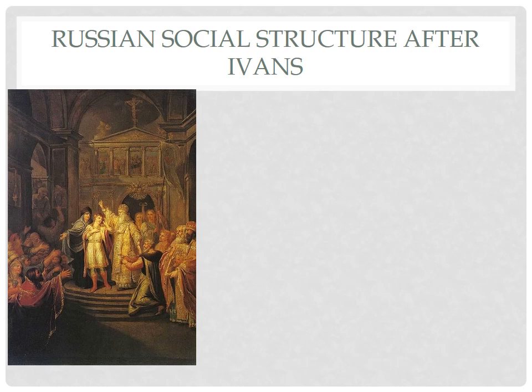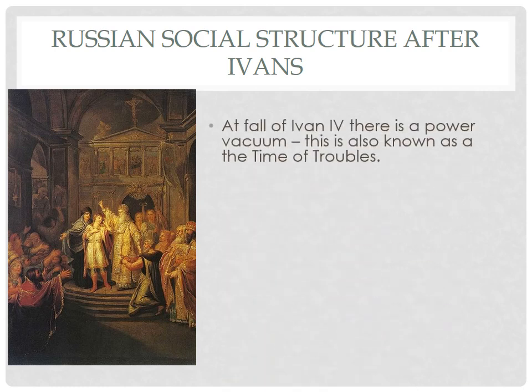So the social structure after the Ivans. After the fall of Ivan the Terrible, or Ivan IV, there's a power vacuum, again known as the Time of Troubles. And Russia's being invaded by Sweden and by Poland. So they have wars on their western front. This is going to be a pattern. It's not always the Swedish and the Polish, but it might be the Germans. Russia is frequently being invaded through Poland on their borders. So they're not only leaderless, or they lack a strong leader, but they're being invaded.